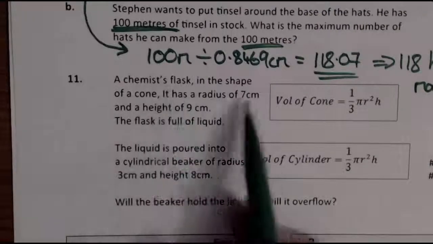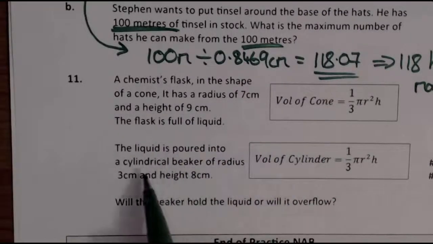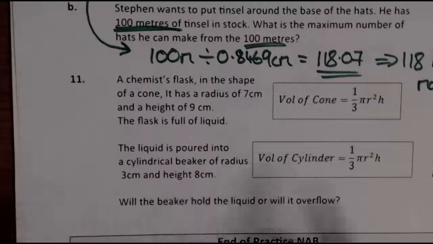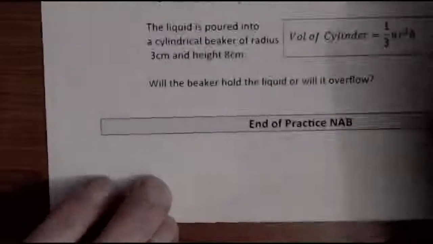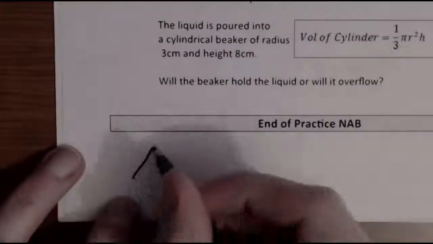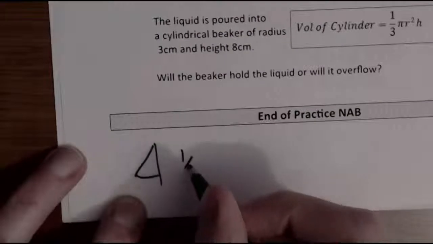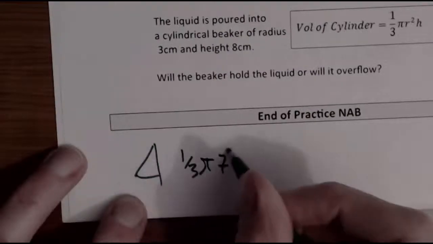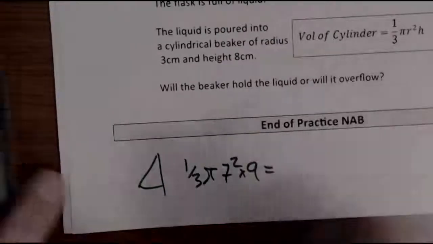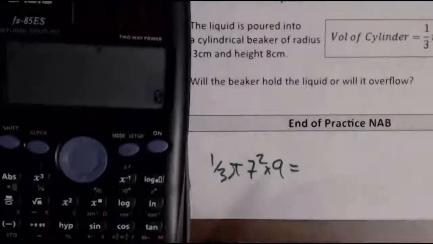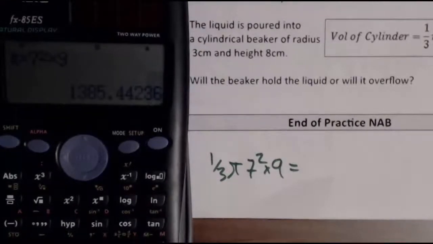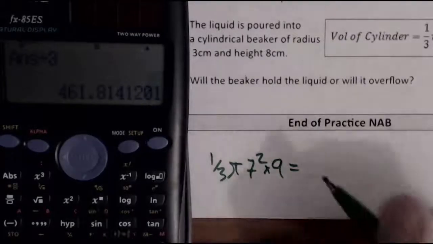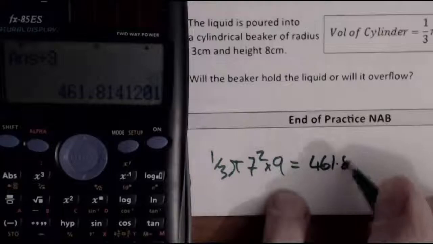Right, chemist flasks, and we've got one that's got a radius here, and then it's put into a beaker here, and they're just asking you, is the beaker going to overflow? So what we've got here is the radius and the height, so I'll just write it down here. Right, that's your wee cone, and that's basically a third pi, radius is 7 squared times 9, which is going to equal pi times 7 squared times 9, divide by 3, 461.81